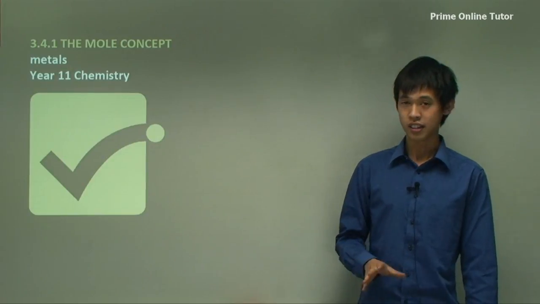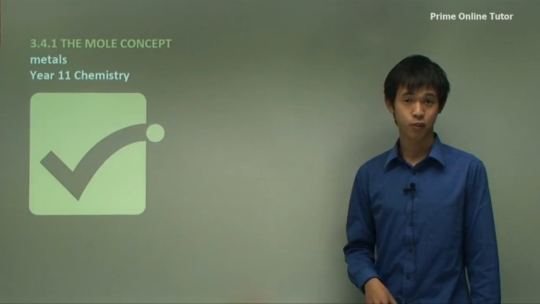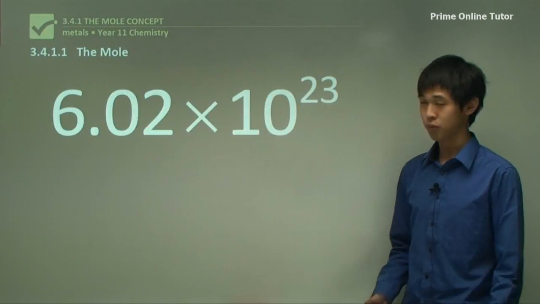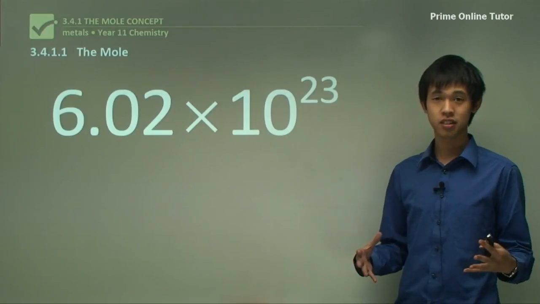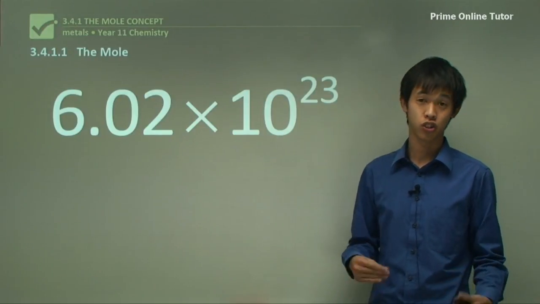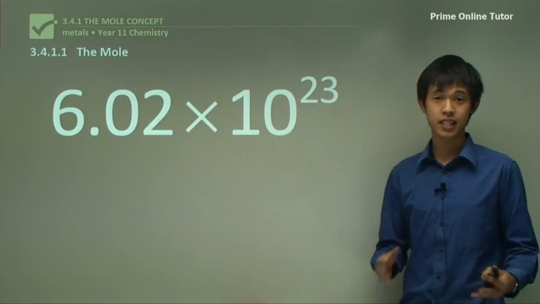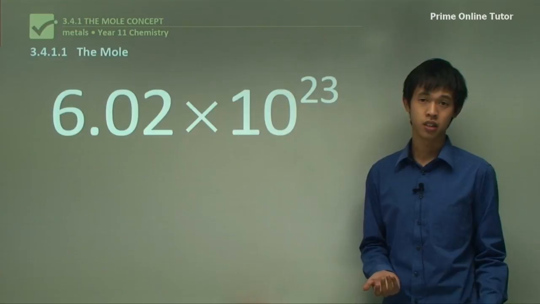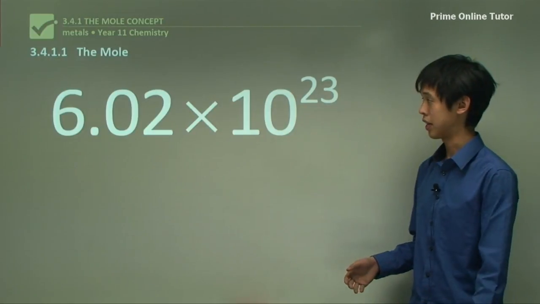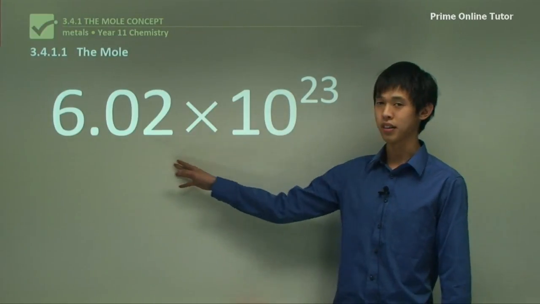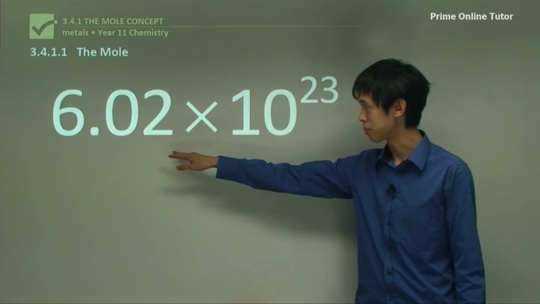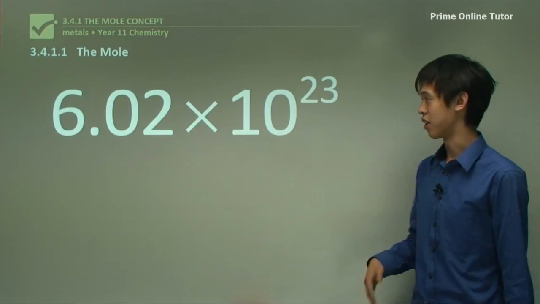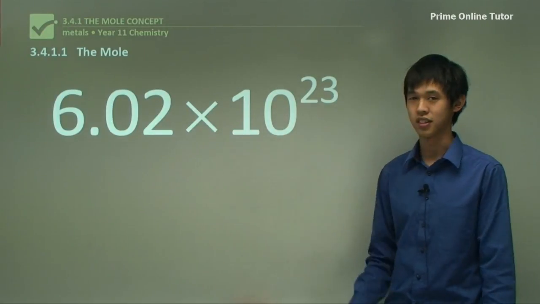Okay, so listen in now and hopefully you'll be able to build up for Year 12 because this is very important for chemistry. So in today's lesson we'll talk about what the mole is exactly and what we actually do with it. And then in the next lesson we'll talk about how we calculate the mole as well as doing some actual problems where the mole is very useful. Okay. So here's sort of a primer on what the mole is, and it's this number here, 6.02 times 10 to the 23. It's a very big number, but we'll again go through each part and figure out where this number fits in to the greater